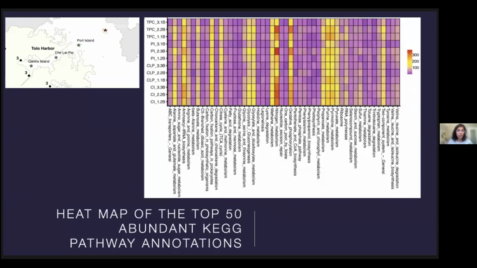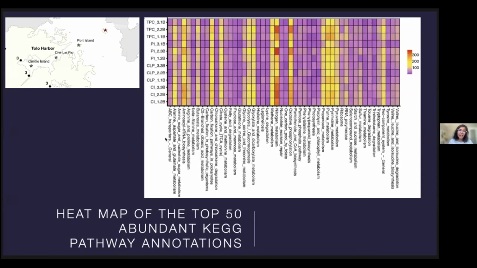It's also very useful. It's a wonderful way to represent some things in a simple format as well. So what this shows you is, on the left, the CI, CLP, PI, and TPC are Center Island, Chek Lap Kok, Po Toi Island, and Tung Ping Chau. They go from the most polluted sites here to the least polluted sites on top. And we saw that there were genes that were activated for different functions, but it wasn't particularly stellar, we couldn't tell a lot.